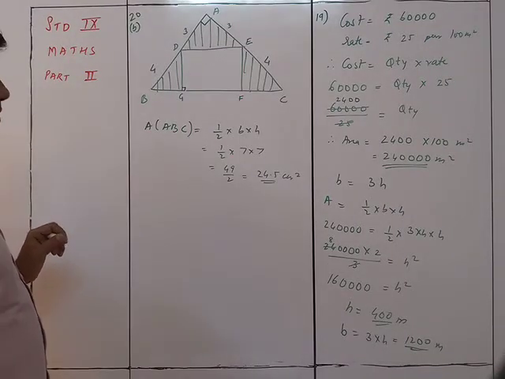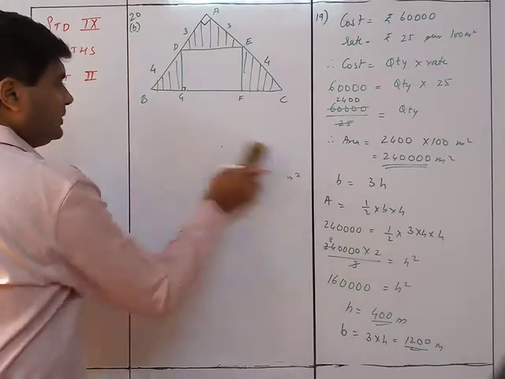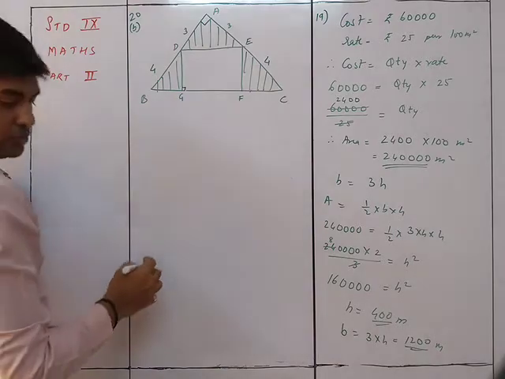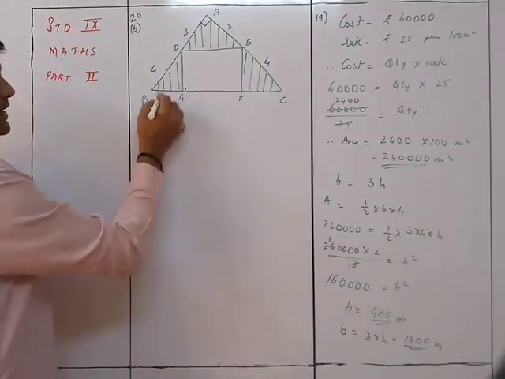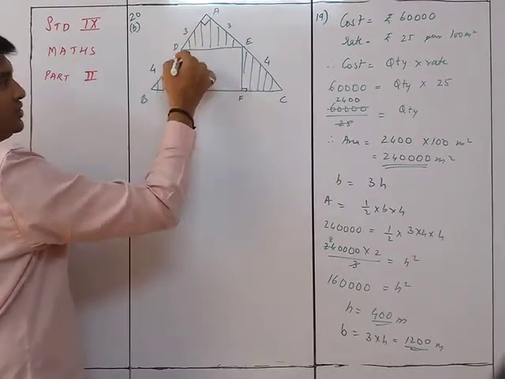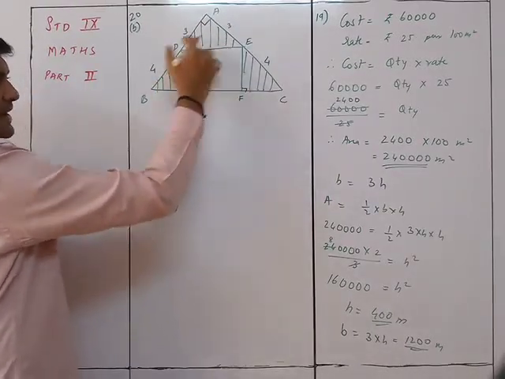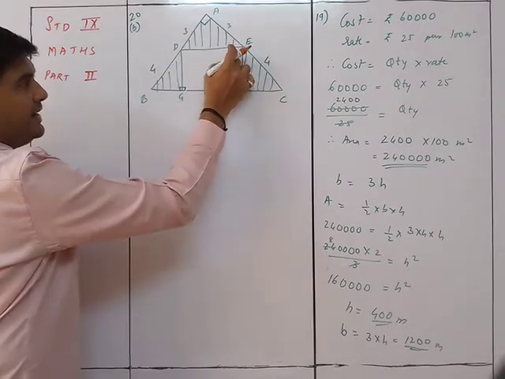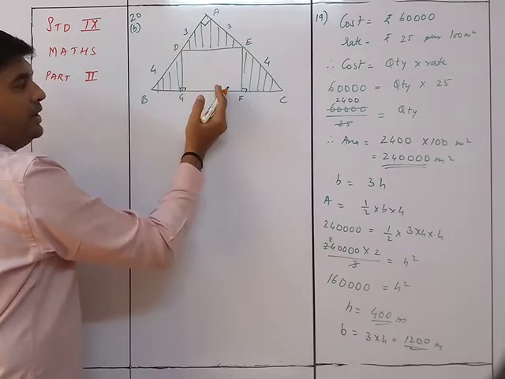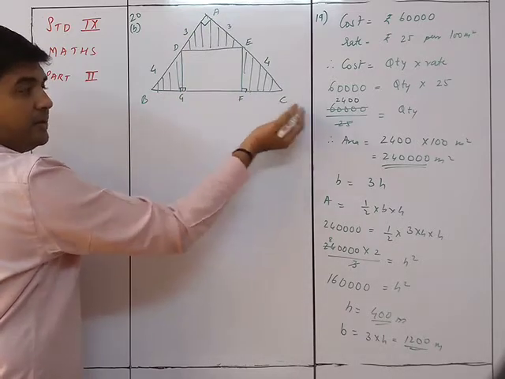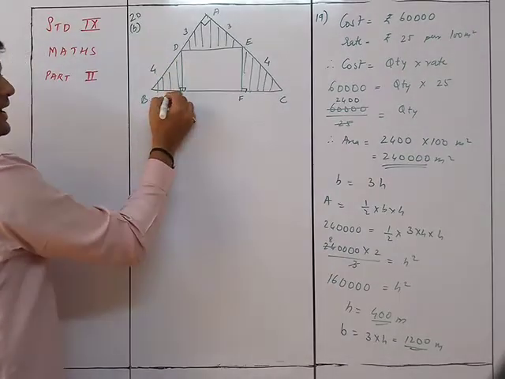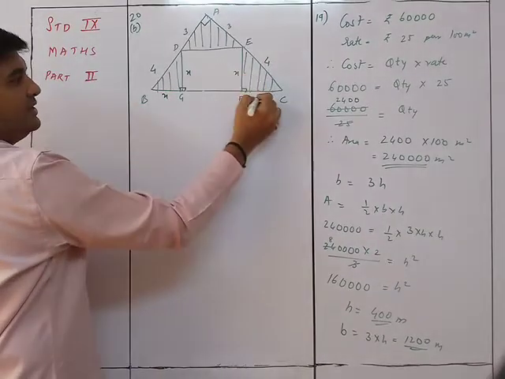Or else, let's go directly with 3 different triangles over here. If we take the 3 different triangles, we know that this is 90 degrees, this is 90. If this is an isosceles triangle, this will also be an isosceles triangle because it's a rectangle. Because it's isosceles, if I drop a perpendicular here, whatever is symmetrical will be over here also. So it will be divided into exactly 2 halves. Therefore if this is X, this will be X, and this is X, and this will also be X.